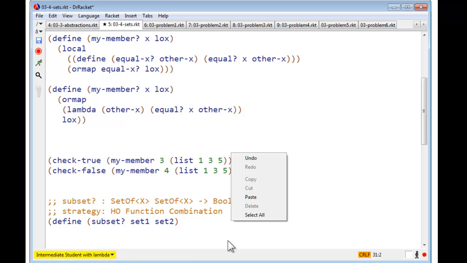Okay, so your choices are map, foldr, filter, and map, and or map. So the first question is, what kind of a value do you expect to get out? What's going to be the contract for